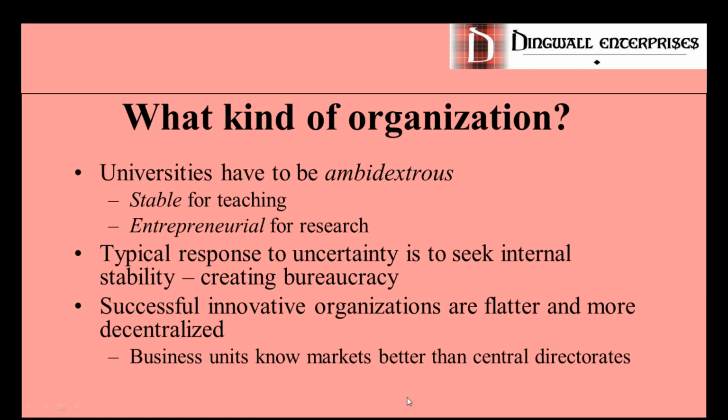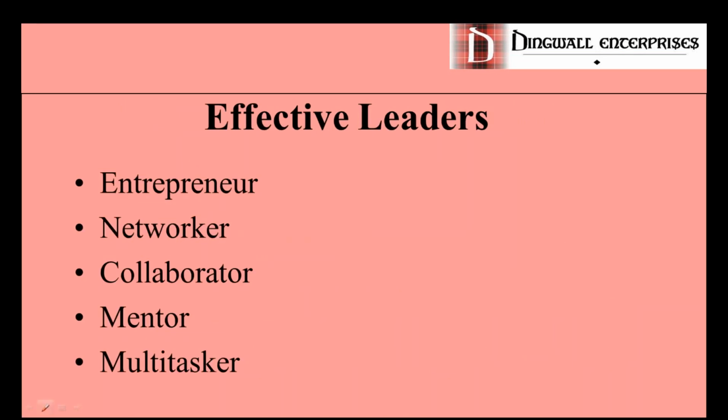So on the next slide, we talk about some of the skills that people need to develop to be effective leaders of research groups, institutes, centers, whatever. They need to be an entrepreneur, somebody who is flexible, somebody who's innovative, somebody who is out there engaged with the external world, looking for the opportunities to develop the team and, where necessary, to take the team in new directions. And that involves being a successful networker, somebody who is very much engaged with a professional community, with a policy community,